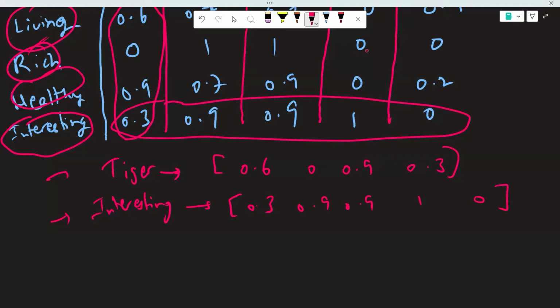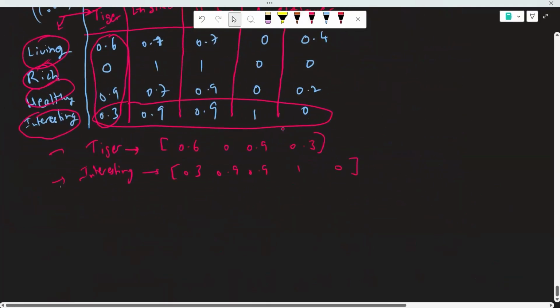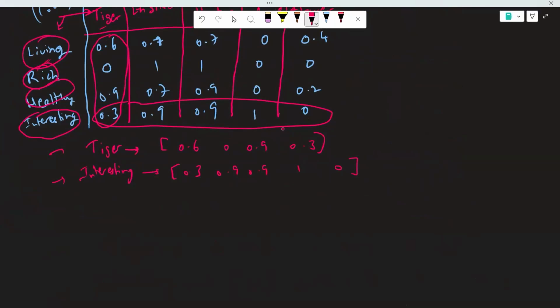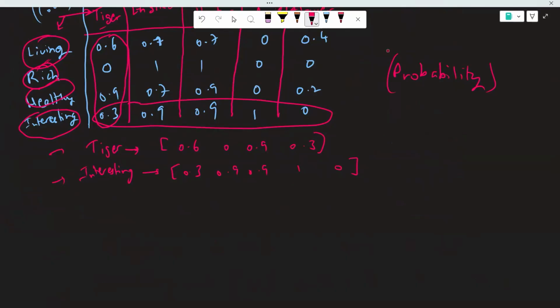Coming to the point now, how does that happen? How is it giving the scores? The scores are very similar to probability, right? And to give out probabilities in the backend of Word2Vec, we are going to use a neural network, which is the main driving logic behind creating this probability.